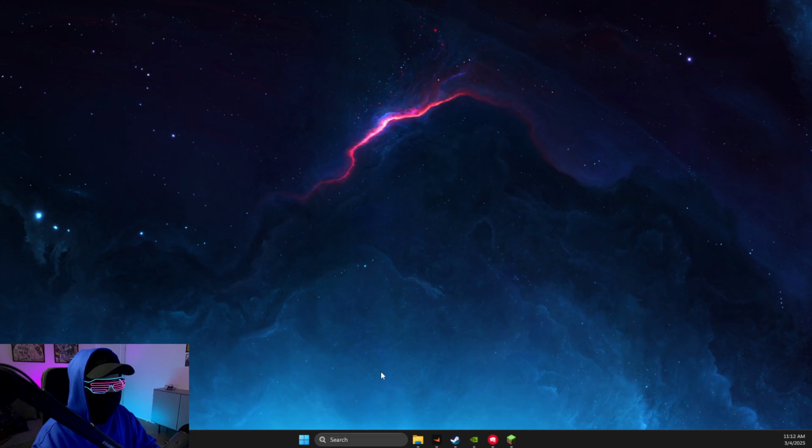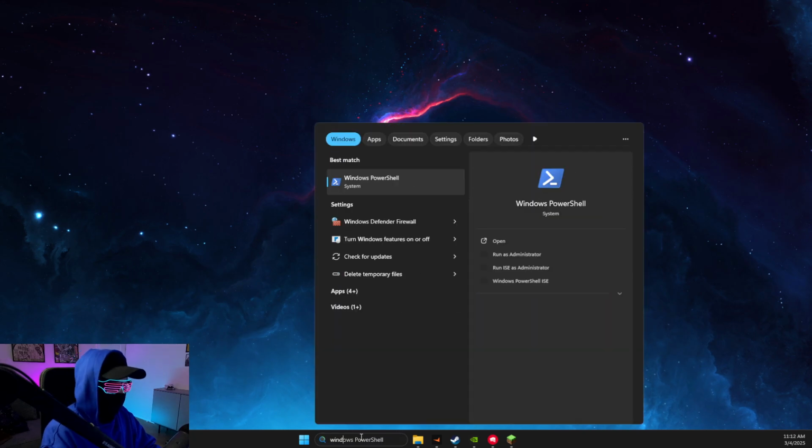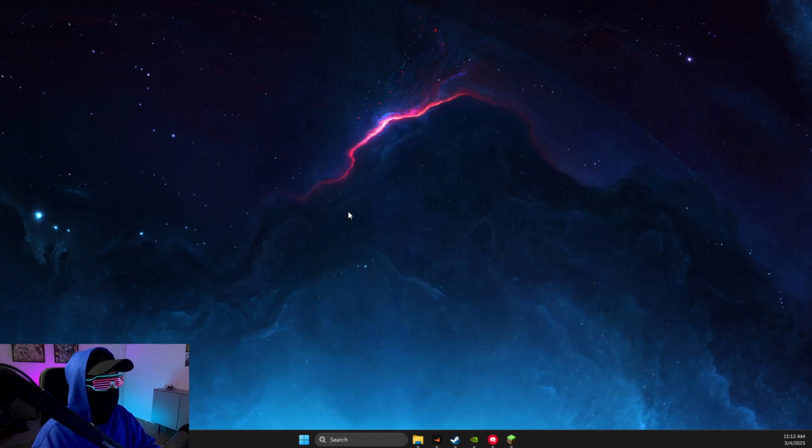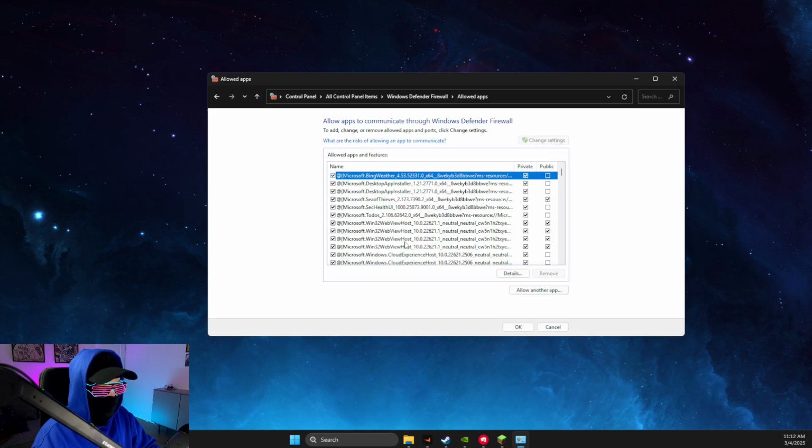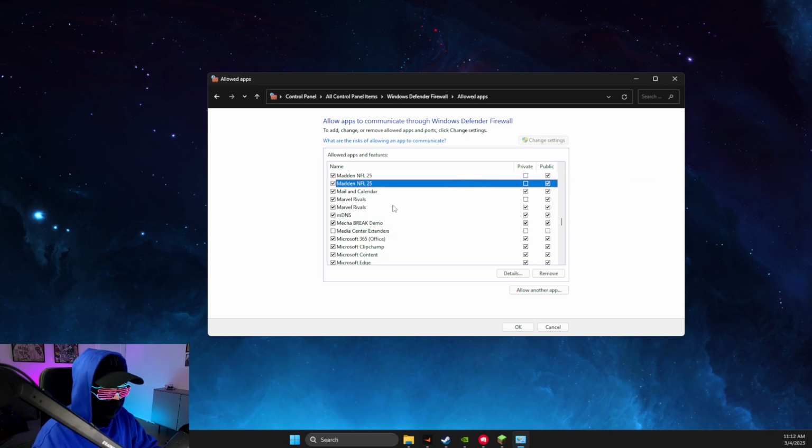So what you need to do here, you need to, on search, look for Windows Defender Firewall. And in Windows Defender Firewall, you need to look for allow an app or feature through Windows Defender Firewall. Then press change settings here and then click on one of the tasks here and press M until you see